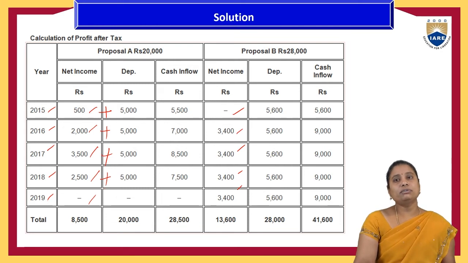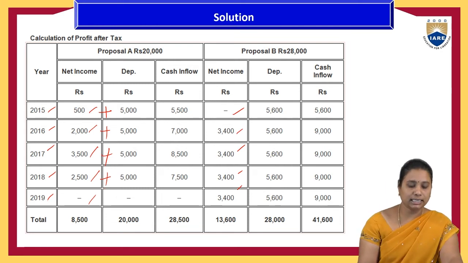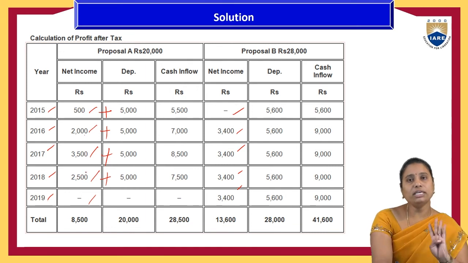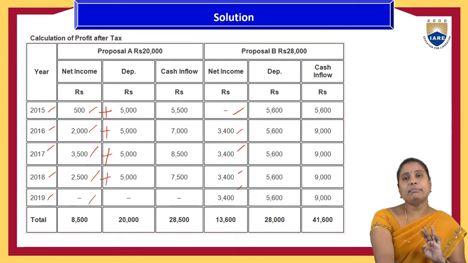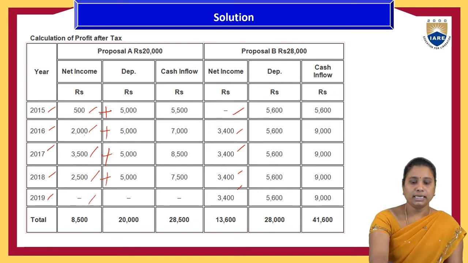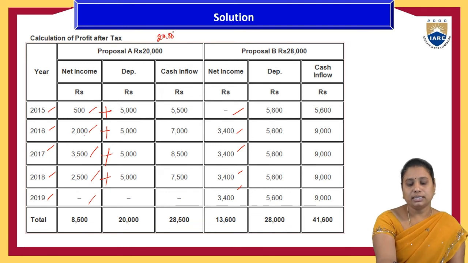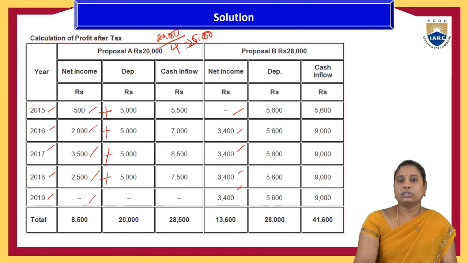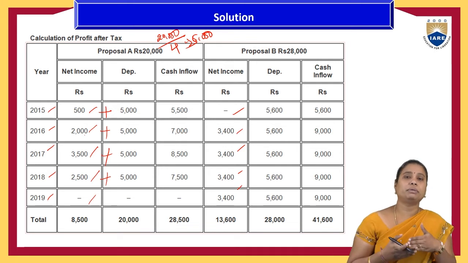Depreciation of this is calculated as follows. The life of this machinery is 4 years, and the scrap value of the machinery is 0, meaning their investment is 20,000 and 4 years is the life of the project, so every year 5,000 rupees reduction of the machinery occurs. That reduction of the machinery is called depreciation. Depreciation is shown by companies for tax reduction purposes only and to maintain additional funds for the future replacement of the machineries.